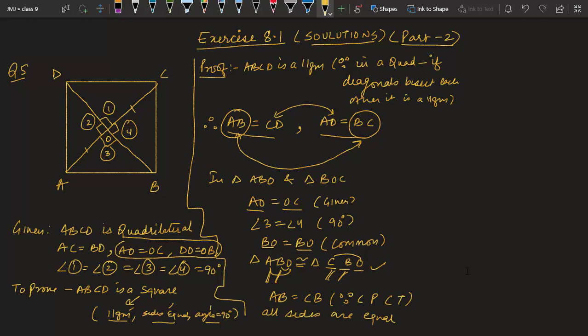All sides are equal. So till now we are able to say that this ABCD is not only a parallelogram but it is also a rhombus. Now we should think how to prove this angle A and or this angle B as right angle, and we all know it is very easy. The only thing is we should think of a way to prove them equal, and it is easy.